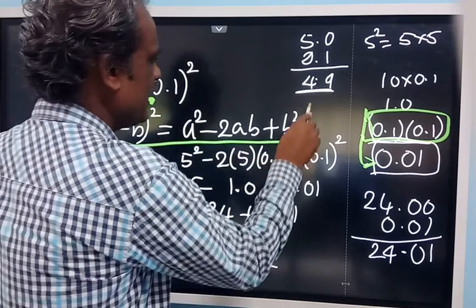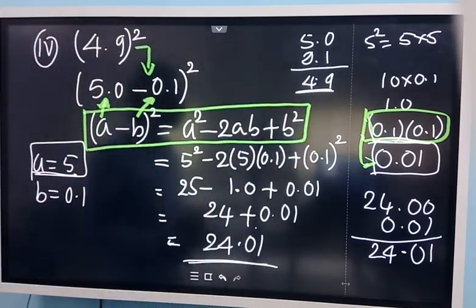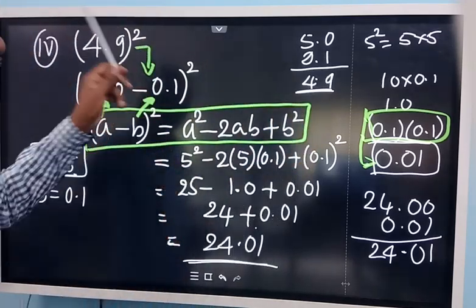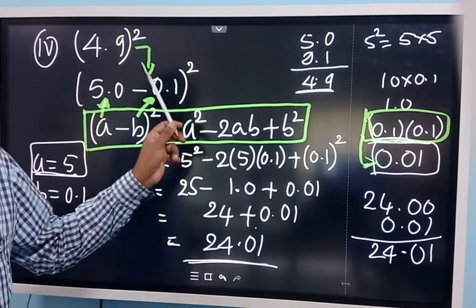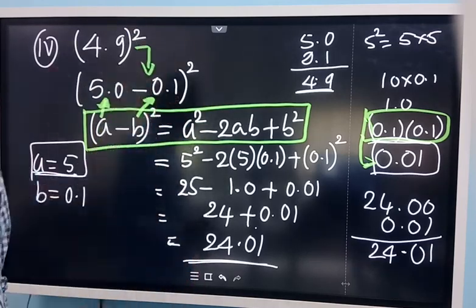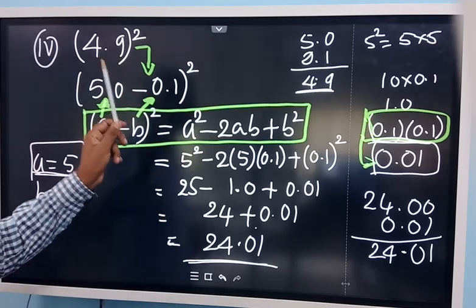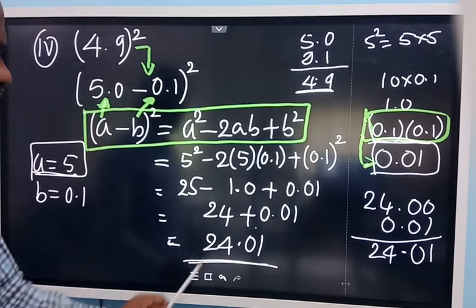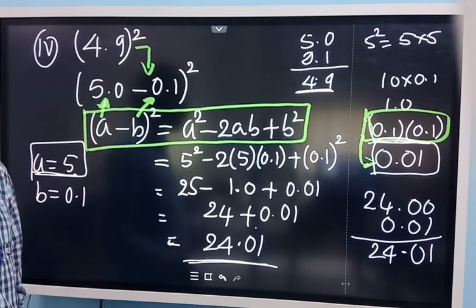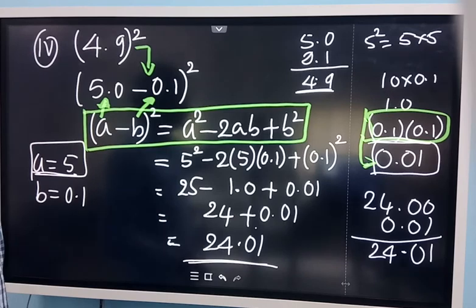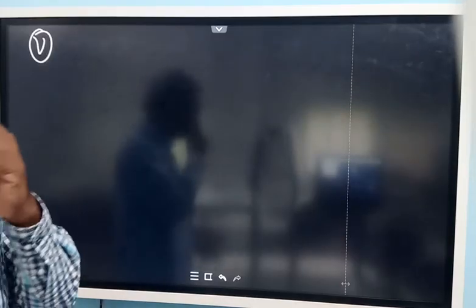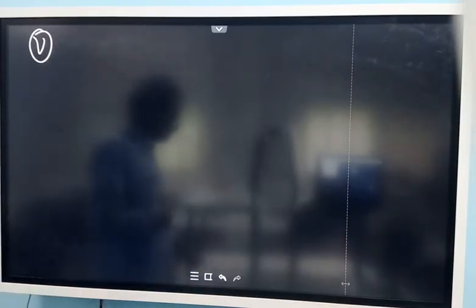We have used the identity and solved it. The instruction given is use the identity and solve it, or find the value of this one. So without using it also you can do, but the question they asked is use identity and find it. So that's why these steps. Now this also uses an identity, you have to find out the value of this one.